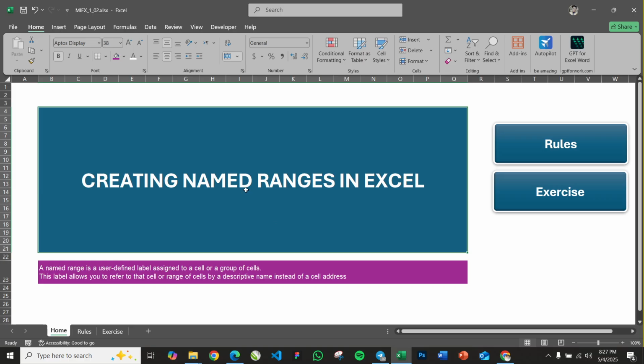Today I'm going to teach you how to create named ranges in Microsoft Excel. First of all, what are named ranges? A named range is a user-defined label assigned to a cell or a group of cells. This label allows you to refer to that cell or a range of cells by a descriptive name instead of